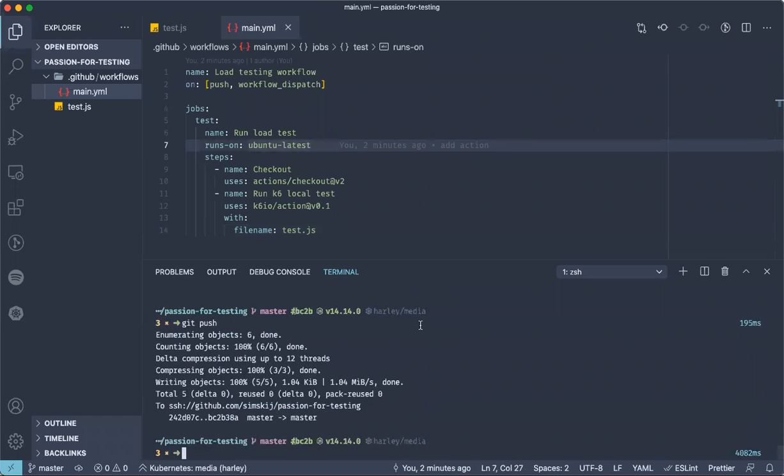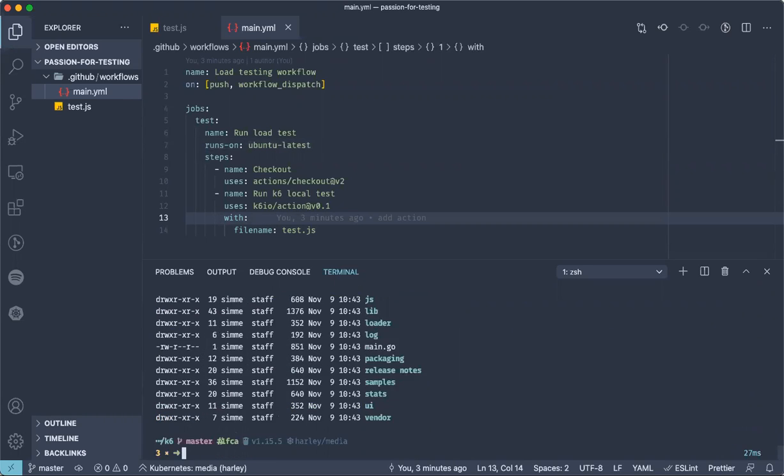All right, so with that up, we now need to set up our Grafana instance as well as InfluxDB, which we'll use to store the performance metrics that we generate with our load test. And in the K6 repository, there is actually already a Docker Compose file available. So the only thing we'll have to do to be able to do this is to run docker compose up